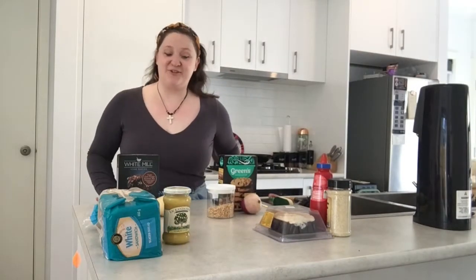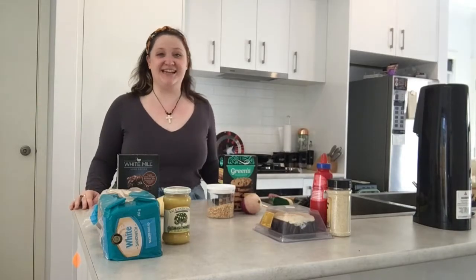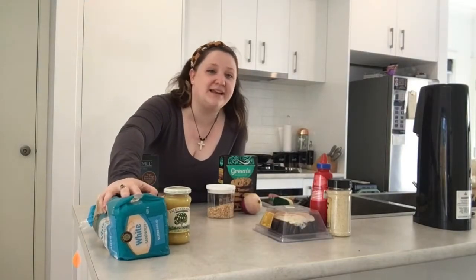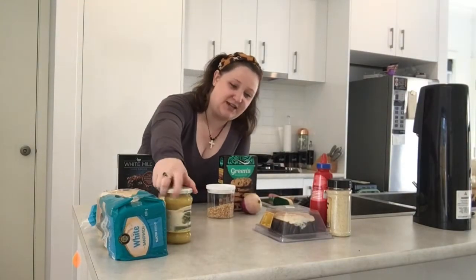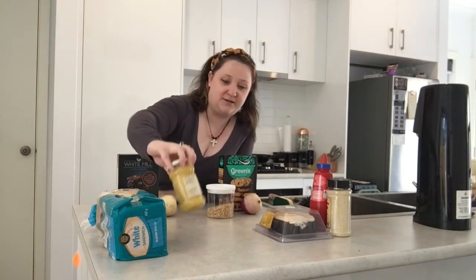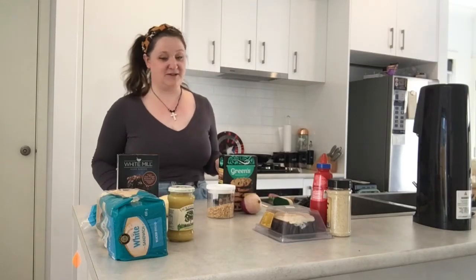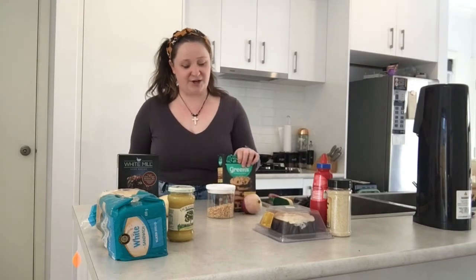So I have 4 different recipes that I'm going to be making today. I will be doing ham and lemon curd sandwiches. That sounds fun. I hadn't realized, I had no idea what lemon curd was or what you use it in. Apparently you use it for things like lemon meringue pies and stuff like that. So that'll be interesting. I also have turnip